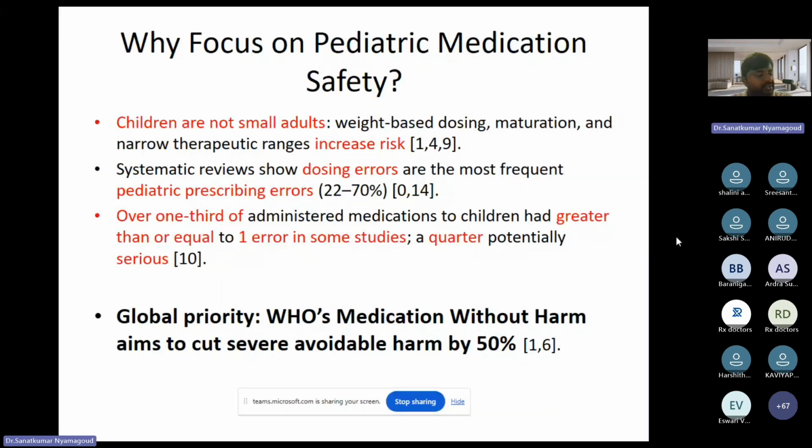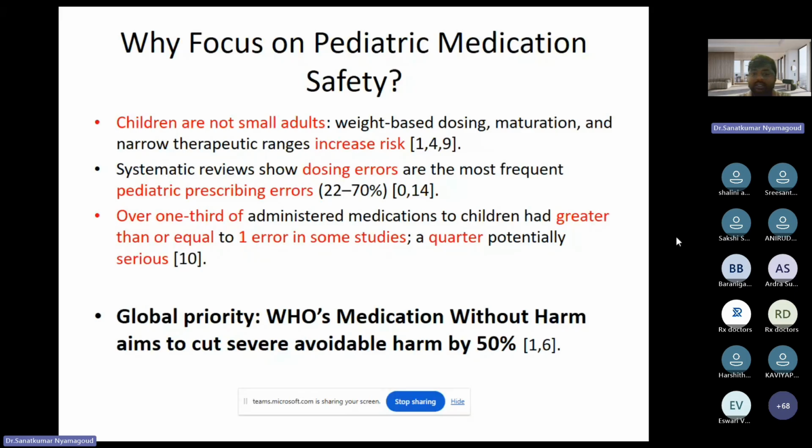Yes, many of them say that our country is in youth's hands, like all of you. The pediatric population is also the same. If we don't take care of them, it is very difficult to understand the future consequences, especially which they are going to suffer, because they cannot tell you, they cannot complain to you regarding their problems. If they want to tell you also, many times it is not easy to understand in medical terms. Hence we need to focus on them.